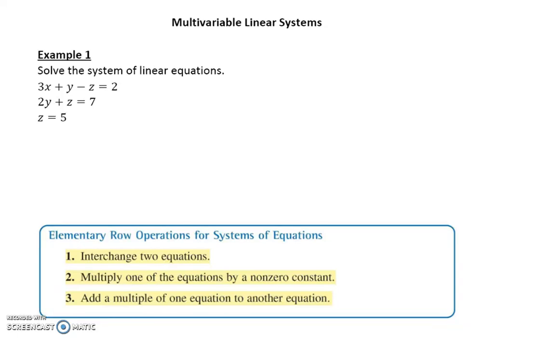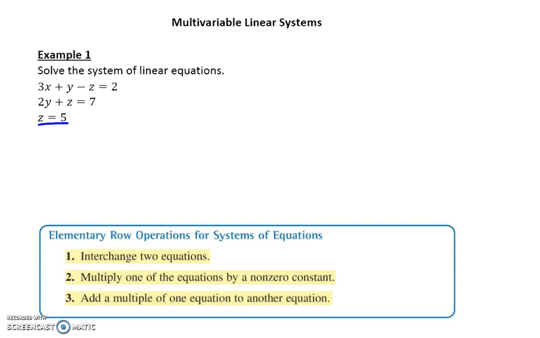So we talked about systems of linear equations in two variables. Now we're going to look at multivariable linear systems. So you can see in example number 1, we have 3 different variables that we're working with here. Now the nice thing about this particular system is we already know what one of the variables is, so